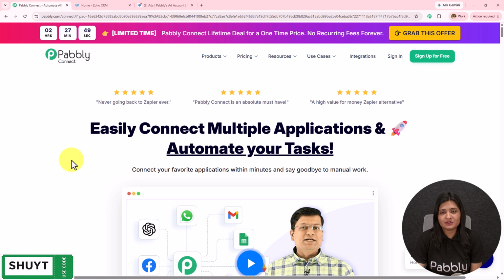After browsing the website, we need to sign into our Pabbly account. On the top right corner, we can see two options, sign in and sign up for free. If you are an existing user, click on this sign in, and if you are a new user, click on this sign up for free, and this will give you some tasks free on monthly basis. You can use the tasks and check whether it fits your business or not,